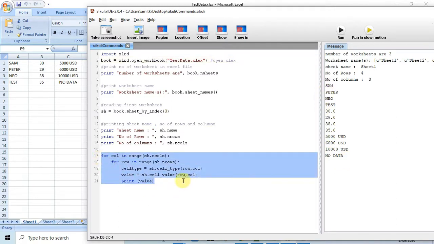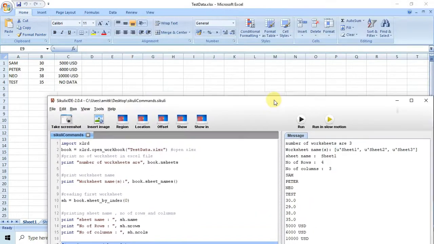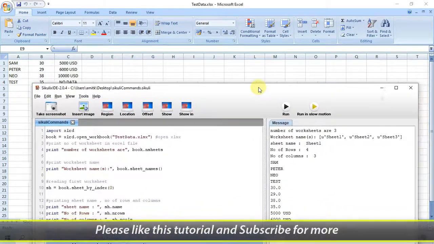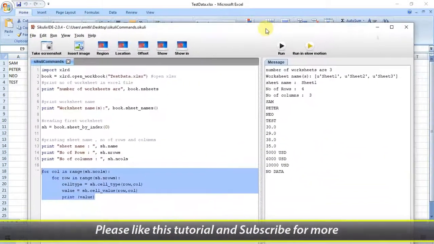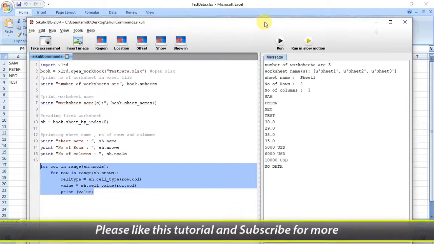So line number 17 to 21 is used to print the data inside the Excel file column wise. You can manage this as per your choice as well. This tutorial's purpose is to give you an introduction on how you can read the Excel file in the SeleniumX IDE.